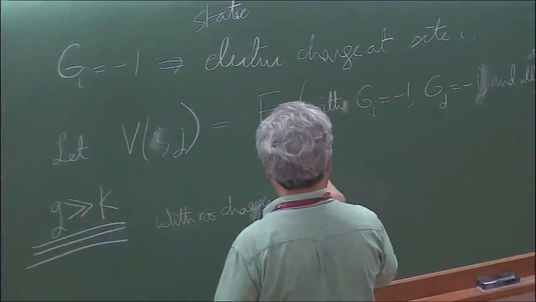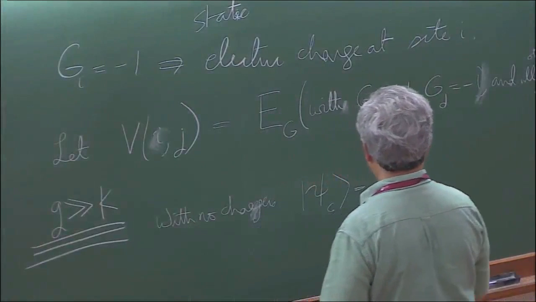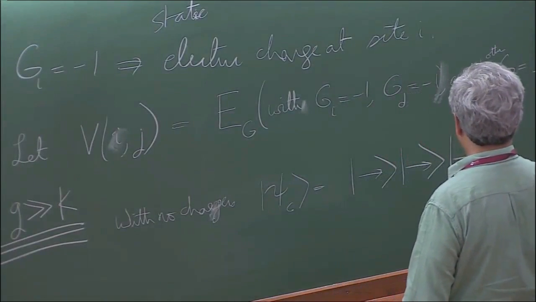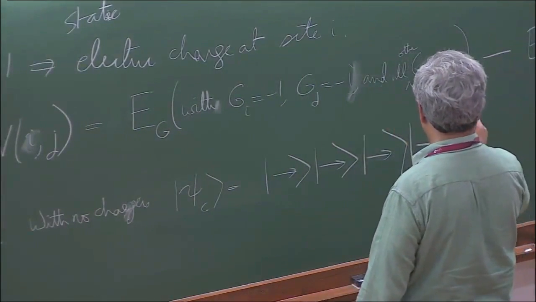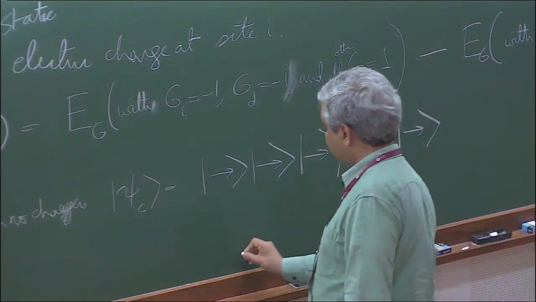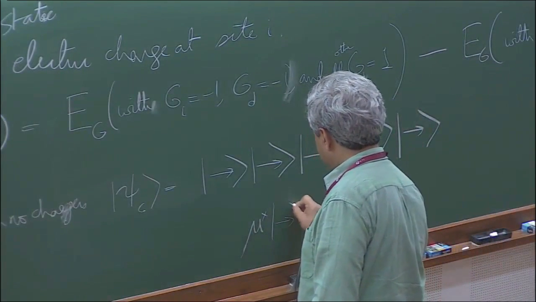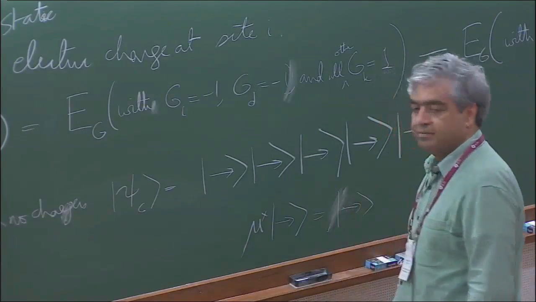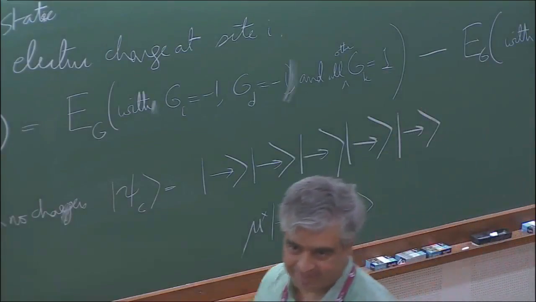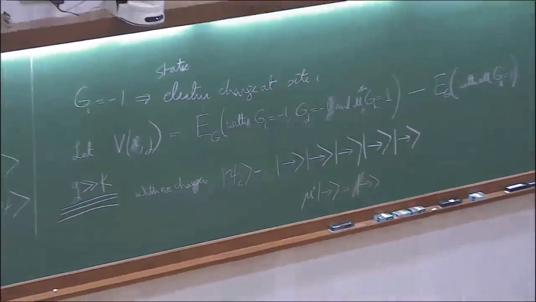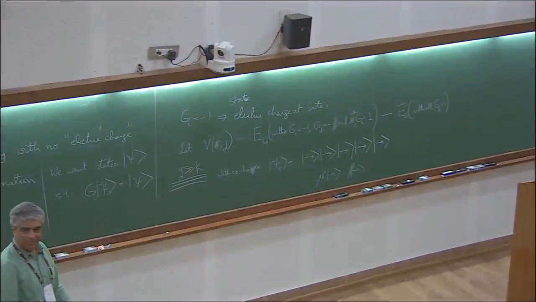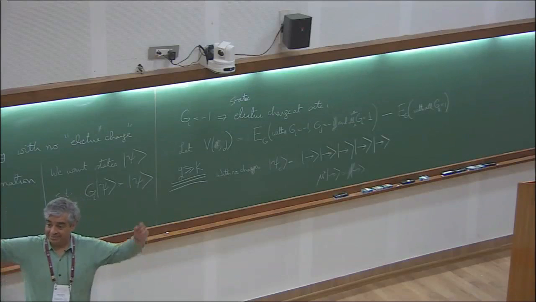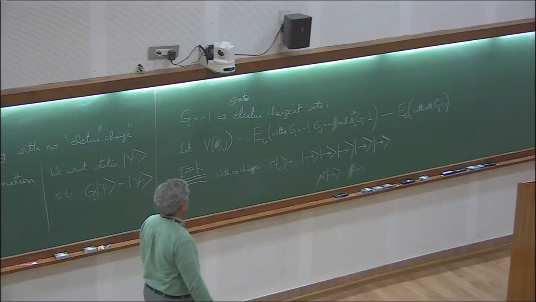my ground state basically looks something like this. Every site has a spin pointing in the x direction, where mu x acting on it is just mu x. It's the eigenvector of mu x, with eigenvalue plus 1. That's trivial enough, okay? Okay, so with no charges, this is what I do. Now let me put two charges, one here and one there. What does the ground state look like?